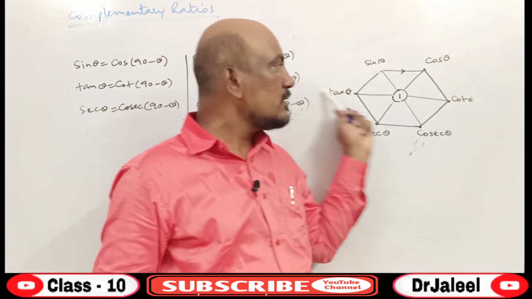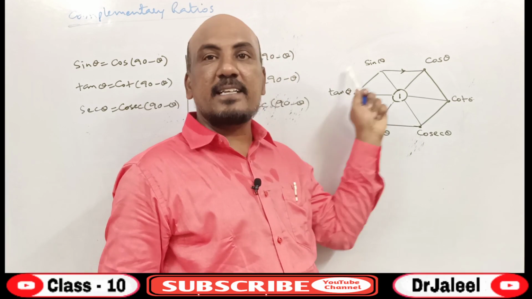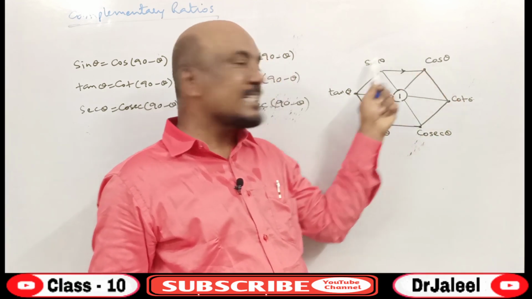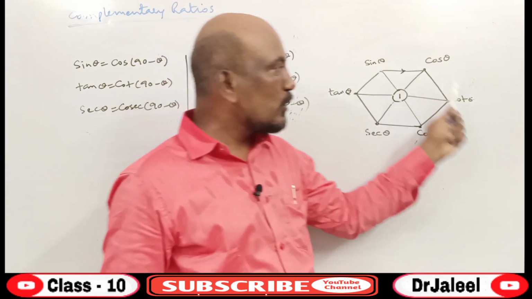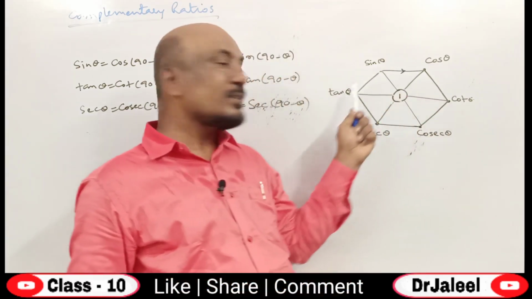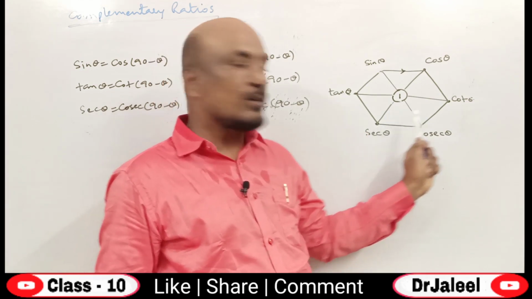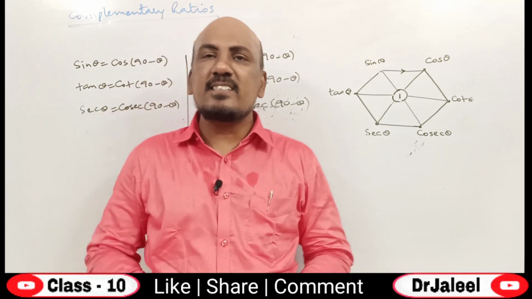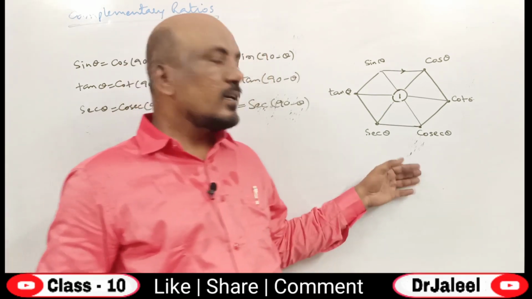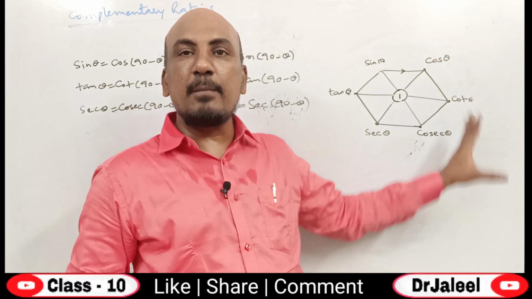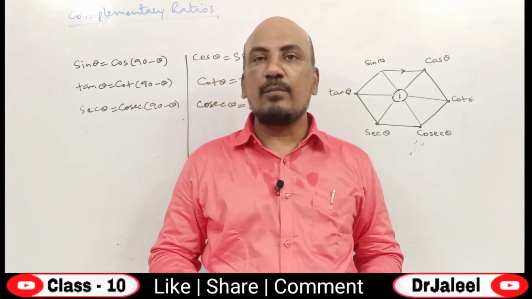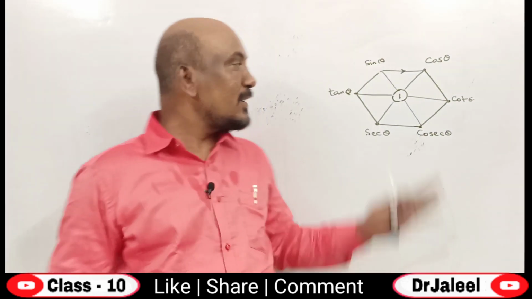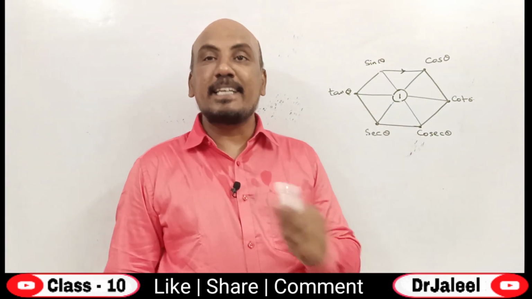There are 3 pairs now: 1, 2, 3. First pair, sin and cos: sin theta equals cos(90 minus theta), cos theta equals sin(90 minus theta). Tan theta is equal to cot(90 minus theta), cot theta is equal to tan(90 minus theta). Sec theta is equal to cosec(90 minus theta), cosec theta is equal to sec(90 minus theta). It is that easy if you remember this hexagon. This is most important. If you remember this, you can form so many formulae and you need not mug up the things. Children, we can use this super hexagon for identities also.